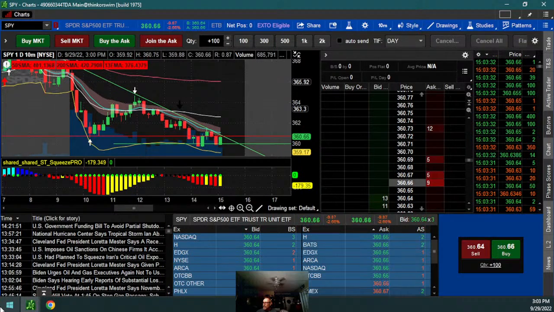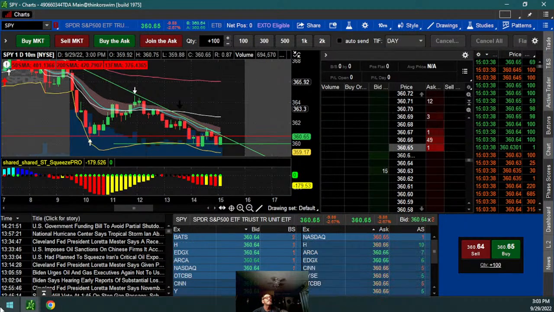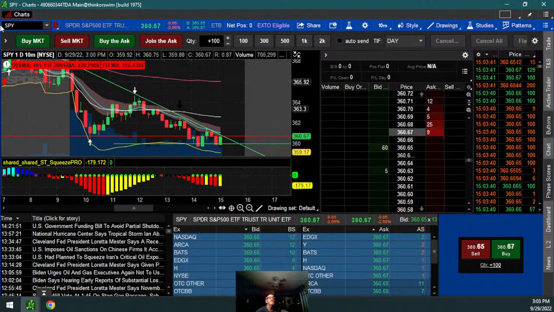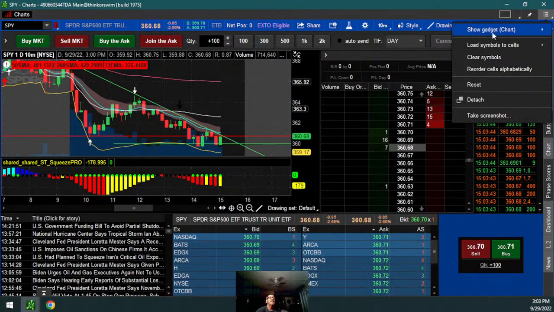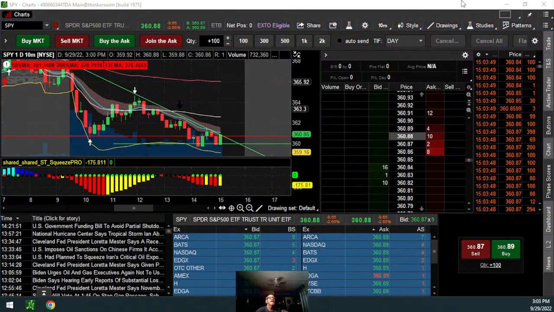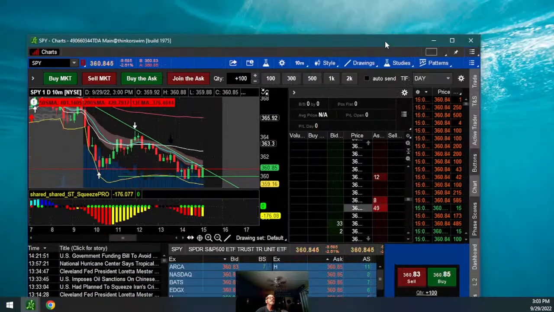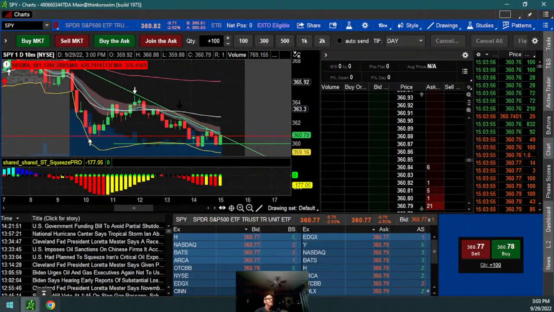On TOS, is there a way to detach an order box similar to how DEC does? Yes, that's what I've been doing. It's hard for me to show you, but if you look right here, any one of these, you see this? You drop that down and it says right there, detach. If I detach that right now, technically I can move it anywhere I want. But I already detached it, and I'm already using it.